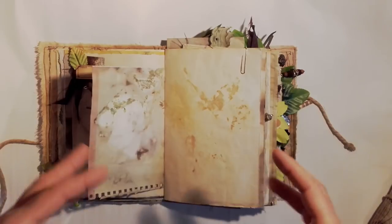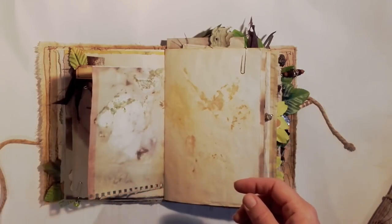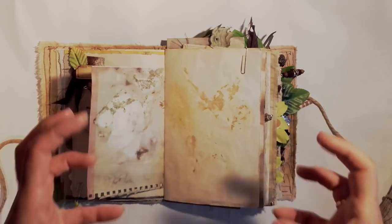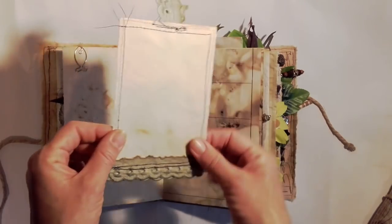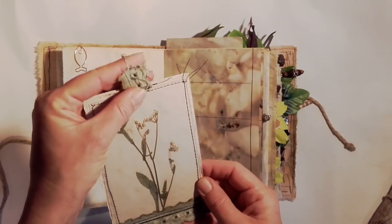I mean, from different batches and different dyeing techniques. So some are more bold, some are more subtle. Here is a journaling card. You can write on the back. This is hand-dyed